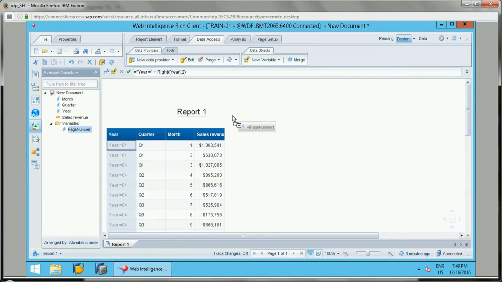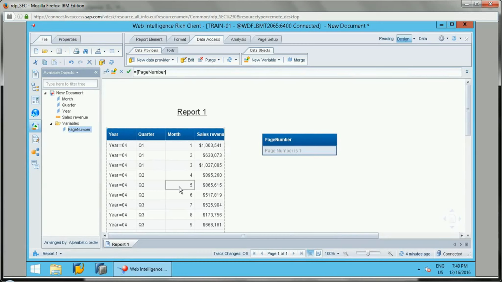Suppose I want to use it here in the report body, which will show page number is 1, 2 like that. If there are multiple pages in a report, then it will show like that.